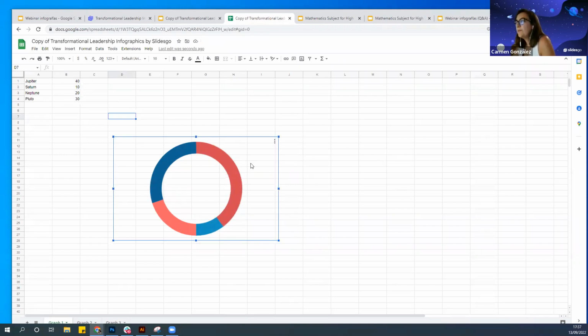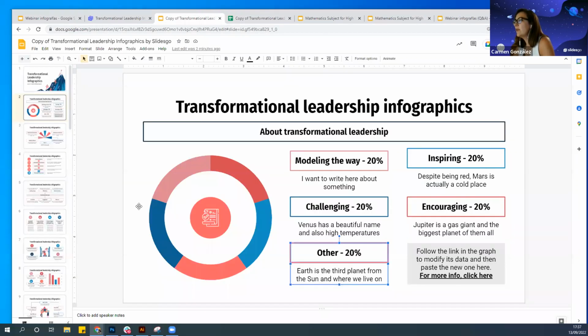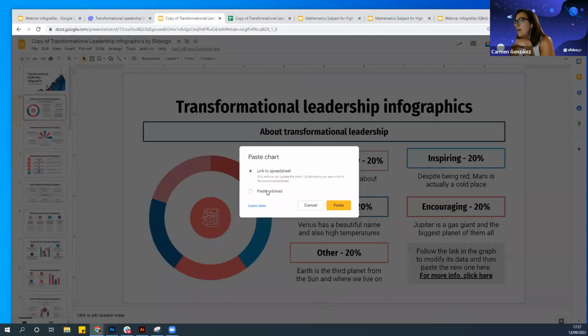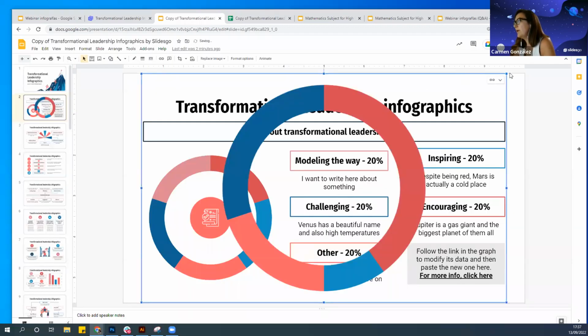And what if I want to put it in the same place it was before? So I just take the graph. I usually use my commands, Control-C to copy, and here, paste it. If you are going to keep working on that graph, I recommend you to paste it this way so you can still change it. So for example, I'm going to do the example. So if you paste it,